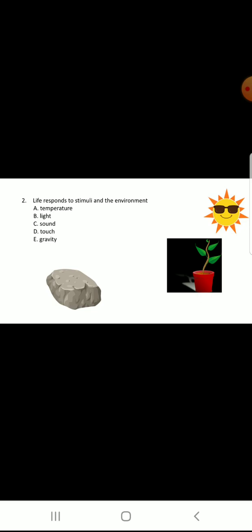They respond to things like light, sound, gravity, touch, and temperature, things in the environment. Living things respond to stimuli in the environment. The next thing is all life grows